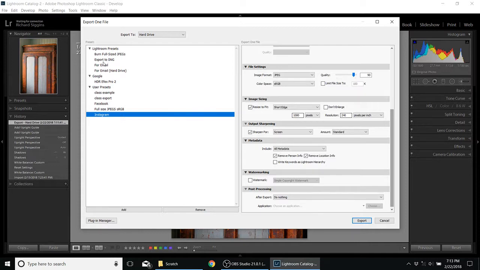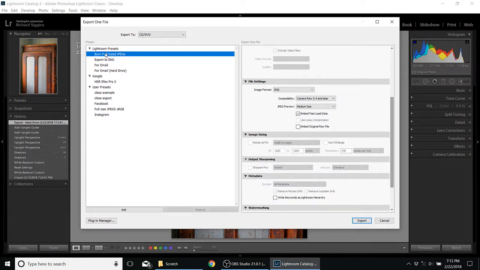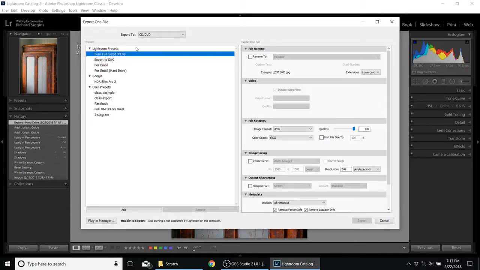I haven't found a lot of use for the Lightroom preset ones. I tend to use my own because, you know, Burn Full-Size JPEGs wants to write it to a CD or DVD. That's not real useful. So, if you want to send something to print,